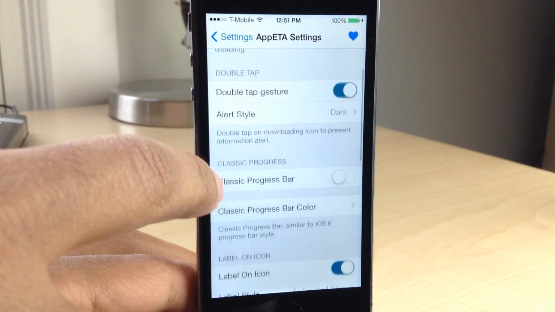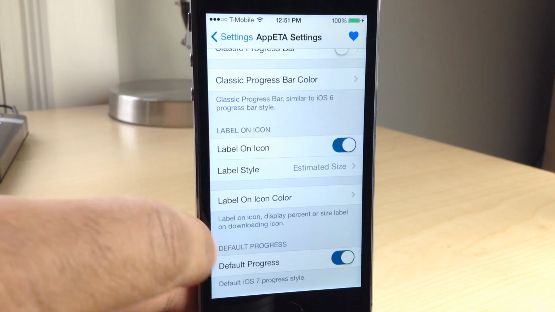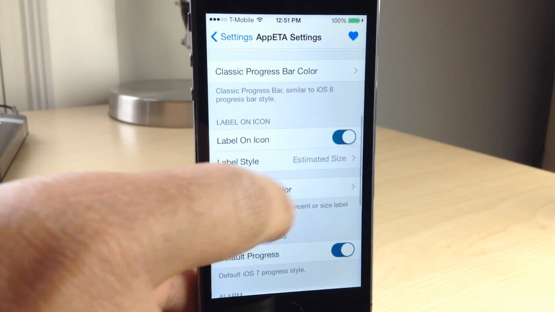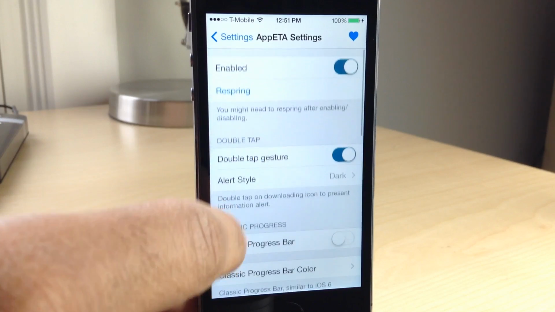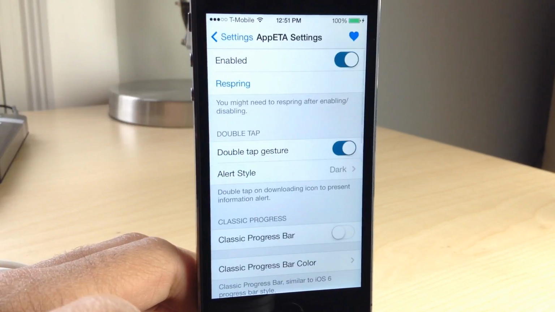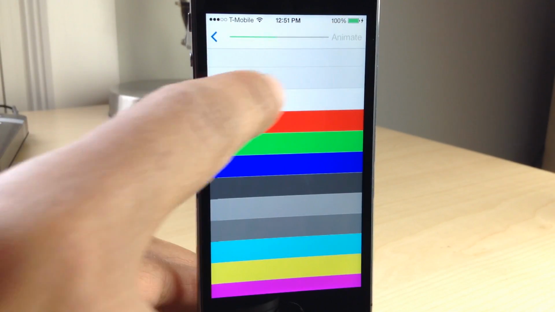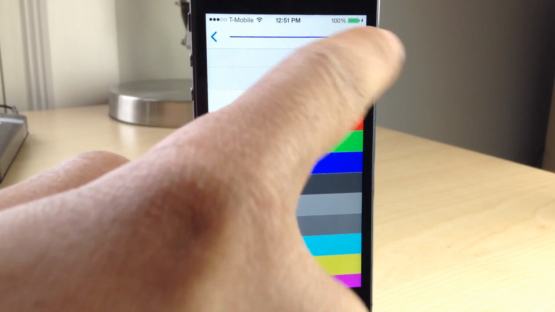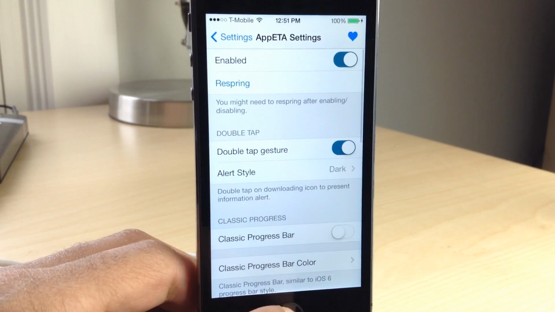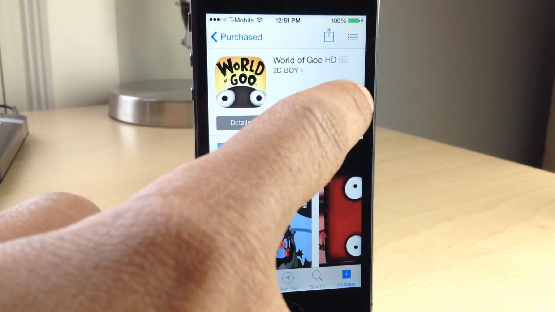So you'll find tons of different settings in AppETA's preferences, things that allow you to enable the classic progress bar, own app labels. There's even an alarm section, which is kind of bizarre and out in left field somewhere, but we'll talk about that later. The alert style can be changed between white and dark. I'll show you the alert style a little bit later as well. You also have the progress bar. You can change the colors of those, and then you can also animate it right within the preferences, which is a nice touch, so you can see exactly what it's going to look like when you use it on your